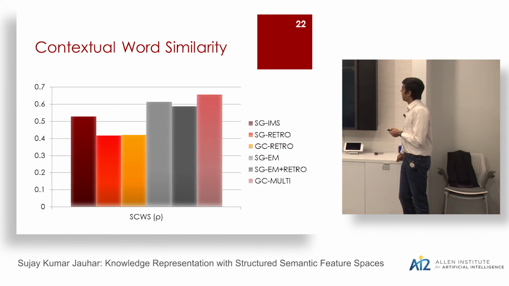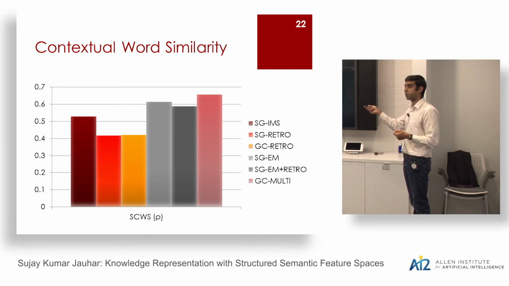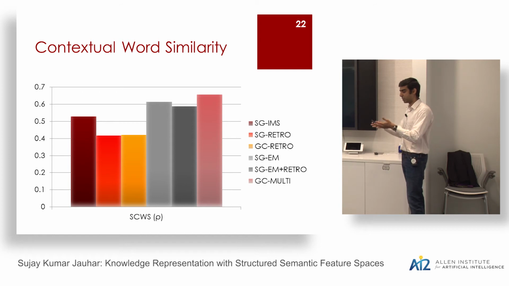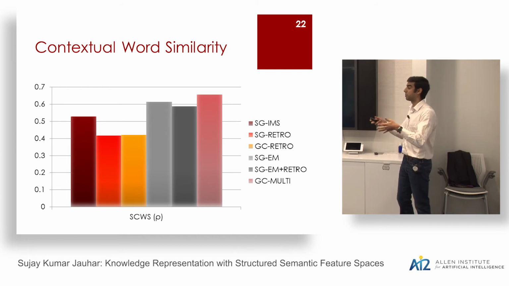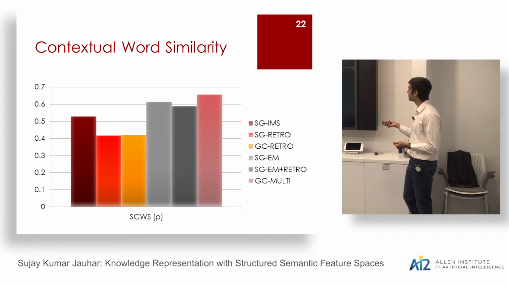So here's the second task that we evaluate on. Similar sort of story, but just to point out that in this case, the simple retrofitting does not work as well as the EM plus retrofitting methods. And this sort of makes sense if you think about it. In that case, we're just getting vectors and then we're training with an ontology. But when we're evaluating, we want to disambiguate words given their specific context. And if we actually use context to train these embeddings, which we do in the case of EM plus retro, or just simple EM, we do a lot better.